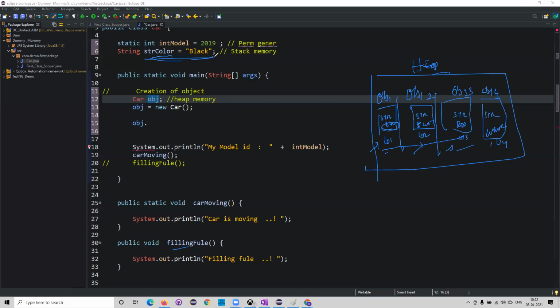No. That is the basic difference between static variables and non-static variables. If you change a static variable in any other class, immediately it is changed and impacted in all other classes. Whereas with non-static variables, you just take a Xerox copy and do modifications on the Xerox copies. How many times you want to make Xerox copies, that is what object creation is. You create 10,000 copies, and each copy I can change.